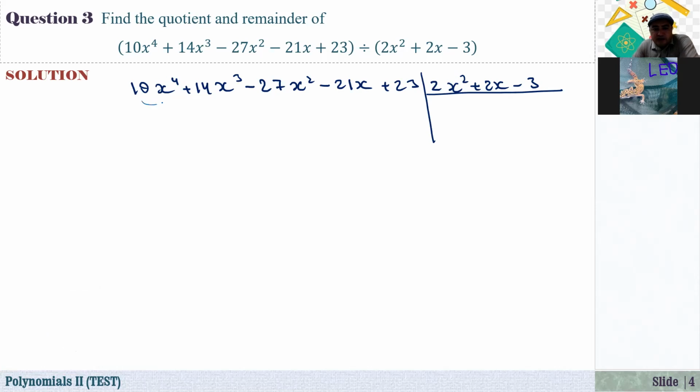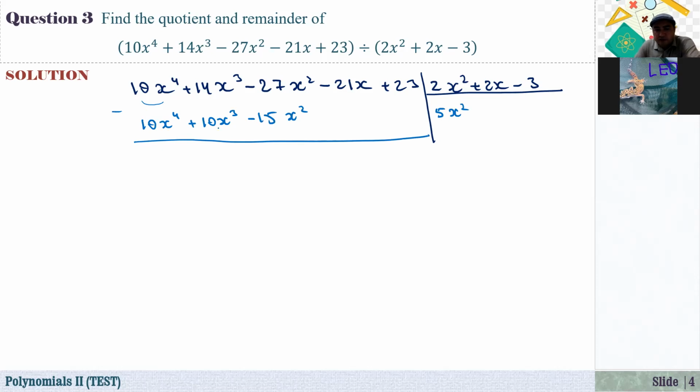So first, 10x to the power of 4 is divided by 2x squared. That is 10 over 2, it is 5. X to the power of 4 over x squared, that is x squared. Multiply back, here we have 10x to the power of 4 plus 5 times 2, it is 10x cubed, and 5 times 3, minus 15x squared. Subtract. So here we have 0, 14 minus 10, it is 4x cubed, minus 27 minus 15, minus 12x squared,